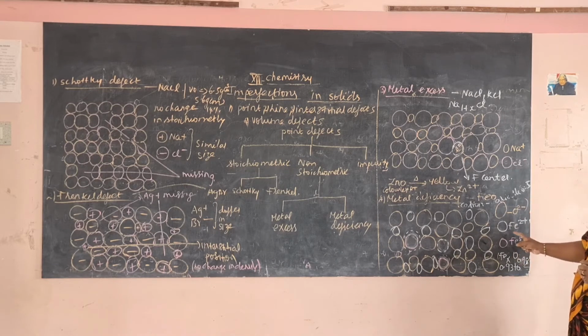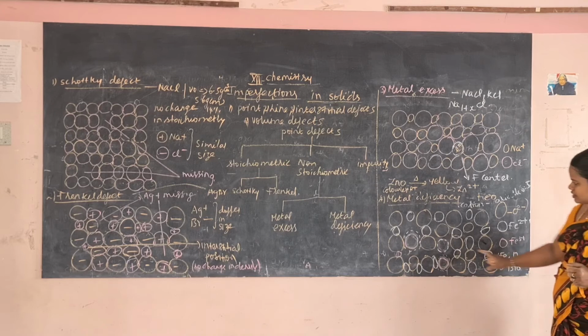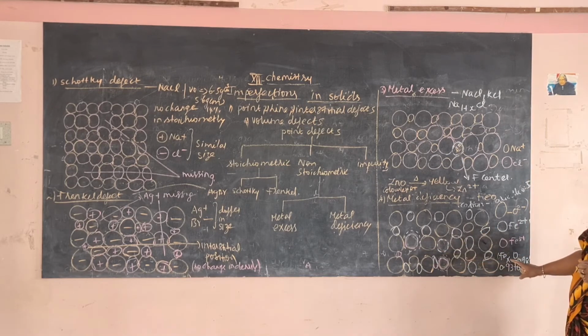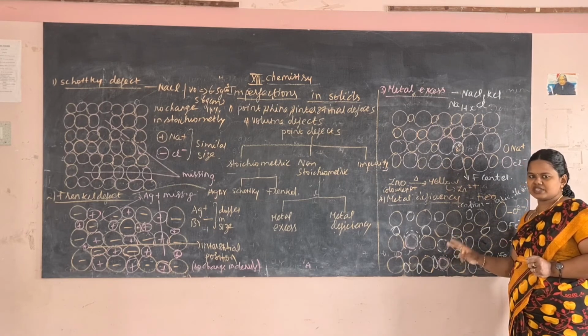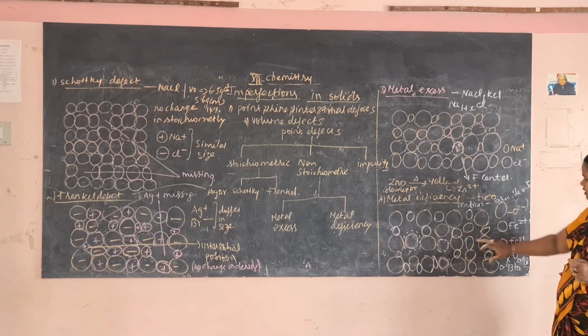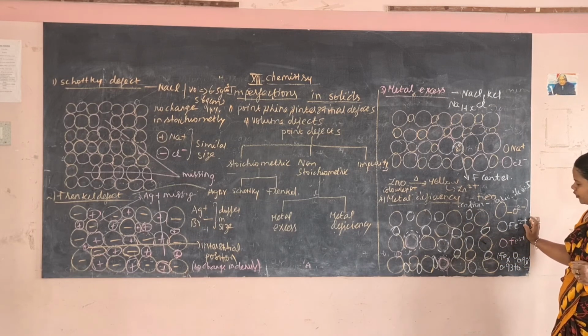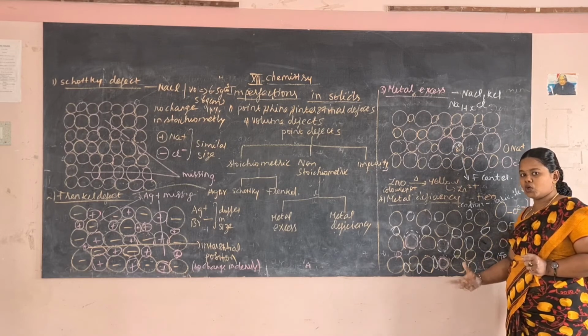So you can see this white circle, this is Fe2 plus, then pink circle, this is Fe3 plus, and here what happens? So this is an iron oxide crystal, in which iron will be present as iron 2 plus and oxygen will be present as O2 minus. So in iron oxide, iron becomes iron 2 plus and oxygen becomes O2 minus. So when that is the case, the iron 2 plus will be present in lesser amount compared to O2 minus ion.